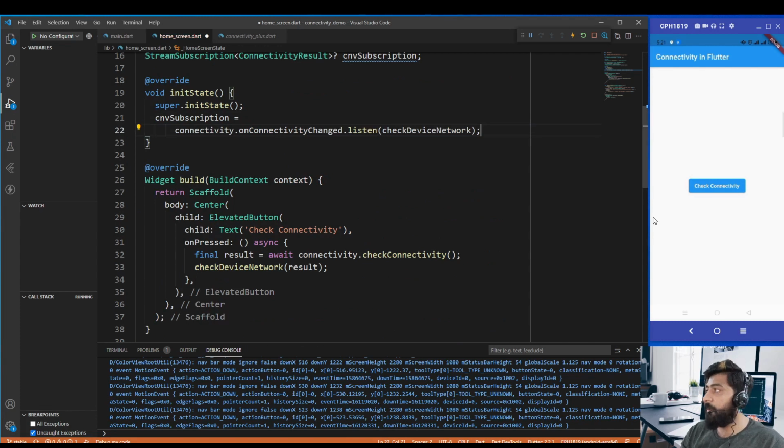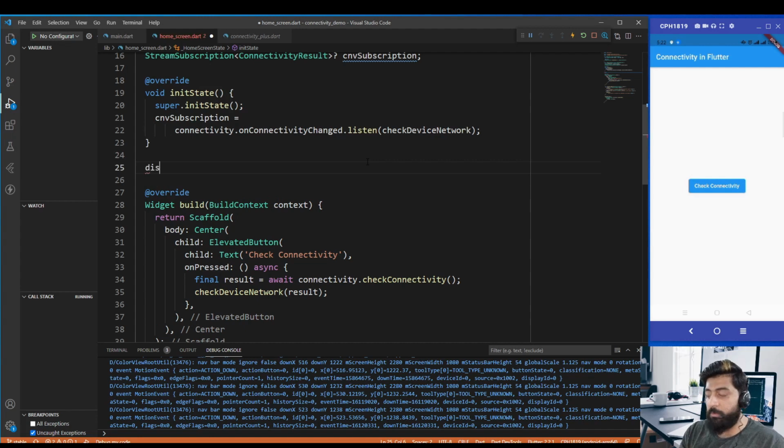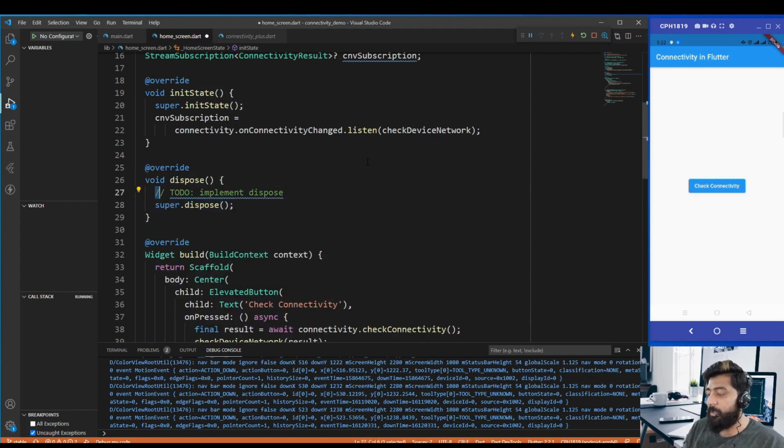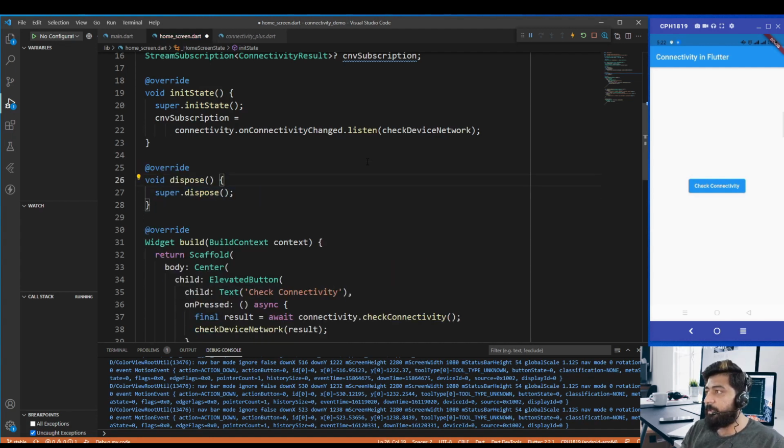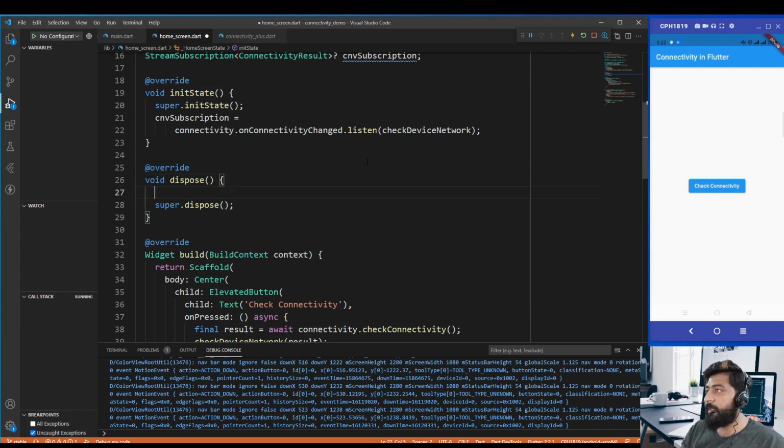Now the last thing we have to do is cancel this subscription in our dispose method. So just override the dispose method, and in that method just cancel your subscription: CNV subscription.cancel.